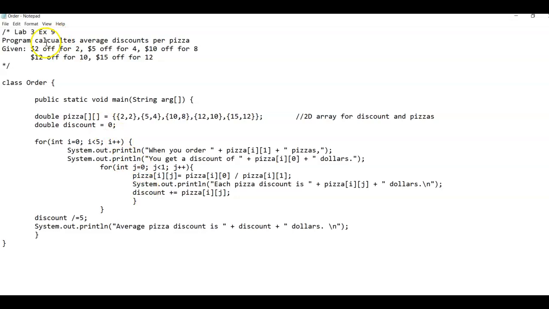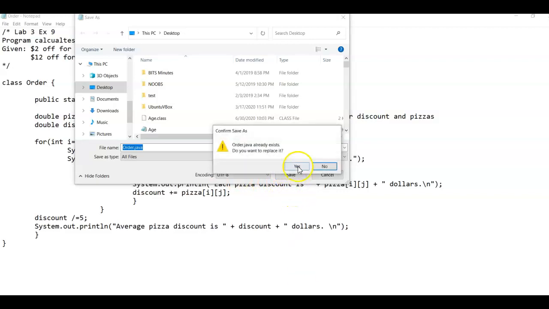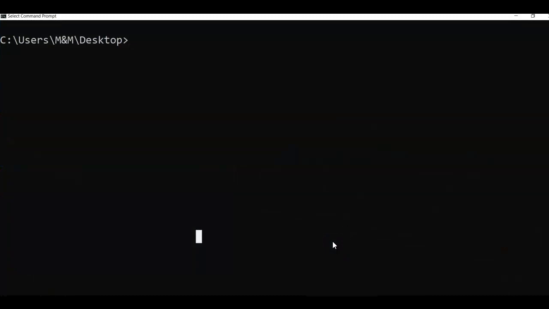So this is the program. After I create the program, I would simply go File, Save As, and I want to name this order.java because that's my class name, and I would choose all files here and click Save. Then I open up my command line, and I'm using command prompt in Windows. Simply change directory to desktop or wherever you saved your file. So I did cd desktop, and at this point I'm going to go ahead and compile the program. So javac order.java,